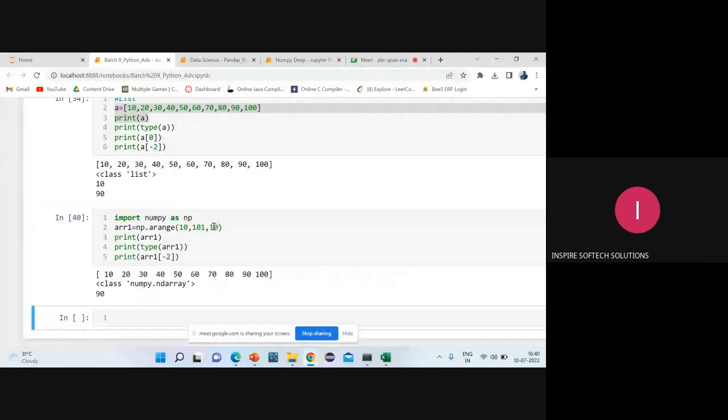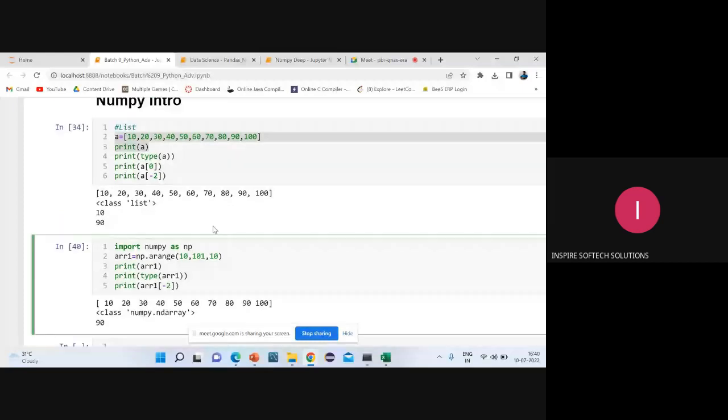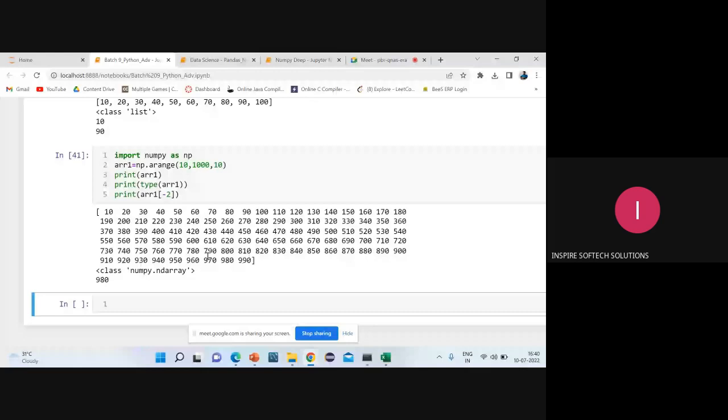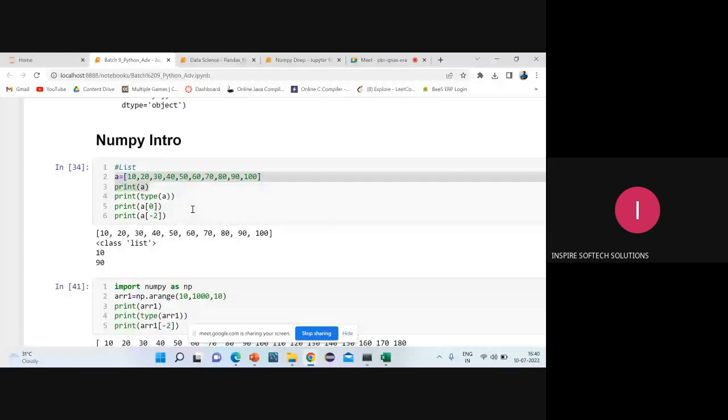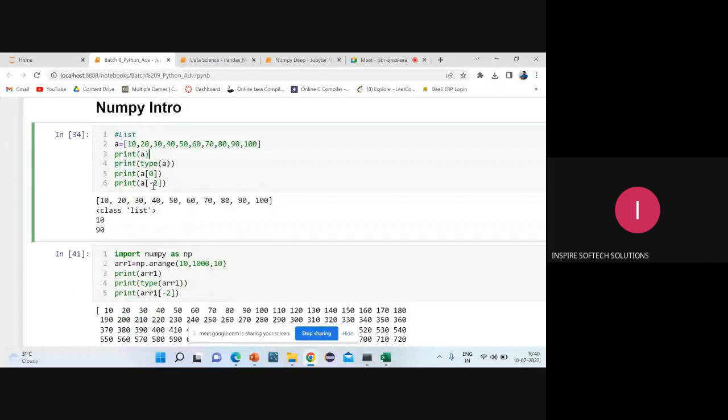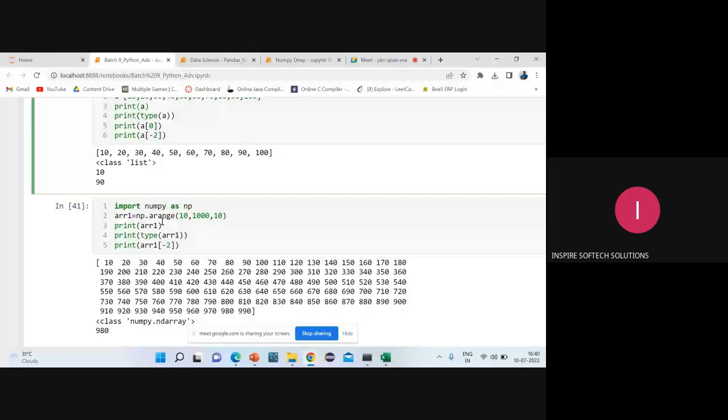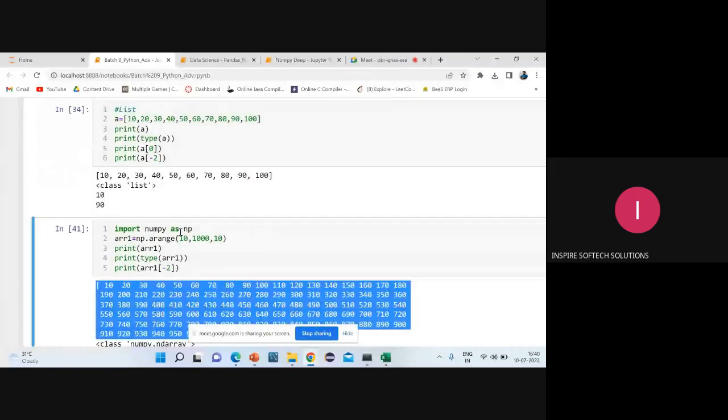Now these are the many advantages. This is one advantage I can tell; we have many more. This is why we are learning NumPy. Access is easy, and speed and efficiency are good. And if you want to perform operations on a large set of data, like 1,000 plus values, suppose I give a value up to 1,000, you can see here I can perform it easily. But if you want to do the same thing in a list, is it possible to type 10, 20, 30, up to 1,000 manually? Not possible, right? That is what we are saying. So for these kinds of things we are learning NumPy.